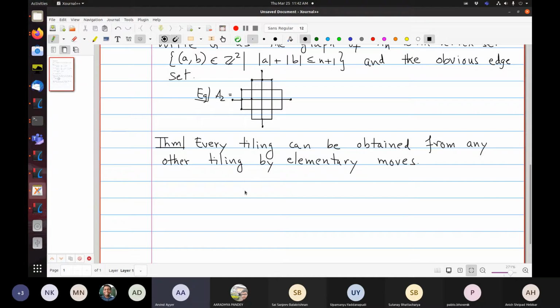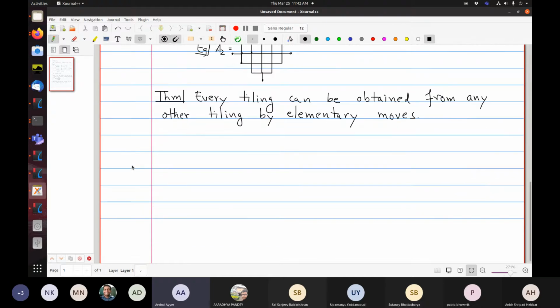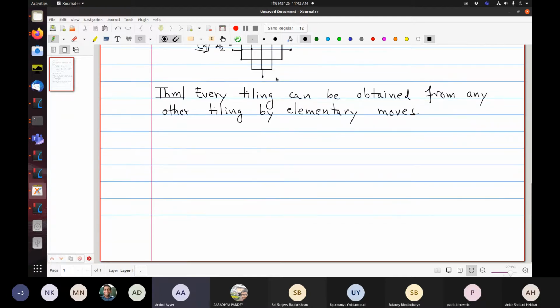Okay, so now we'll need some notation. The first is the notion of a standard coloring of the lattice squares of A_N. Let me see what that is. So the standard coloring